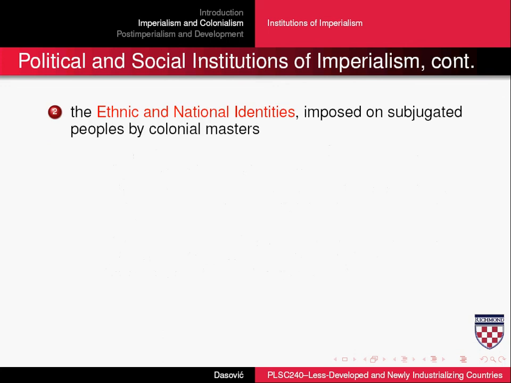What about national and ethnic identities? Well, some of these were imposed on the subjugated peoples by their colonial masters. We know the story of Rwanda, where the Tutsi and the Hutus, who are currently two distinct ethnic groups, were really one ethnic group 150 years ago, but as a result of Dutch and Belgian colonialism and the choices made by imperial masters, small differences in